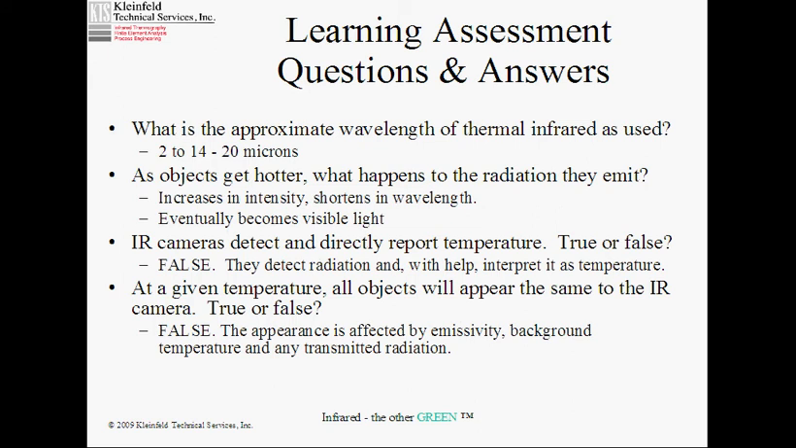Okay, 2 to 14 or 20 microns, which we said. As the objects get hotter, the radiation increases in intensity, shortens in wavelength, and eventually becomes visible light. The cameras do not detect temperature directly. They detect radiation and with help interpret it as temperature. And that help can be critical because if you don't help it correctly, you get bad answers. At a given temperature, you do not have all objects appear the same because of emissivity, background temperatures, and transmitted